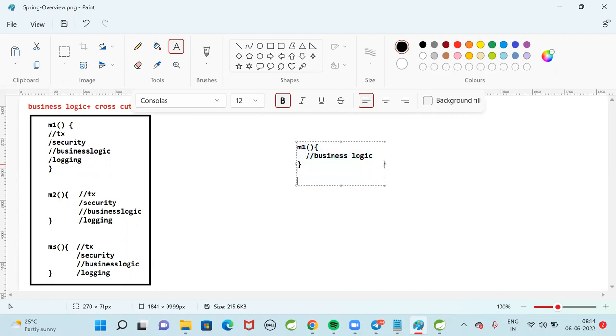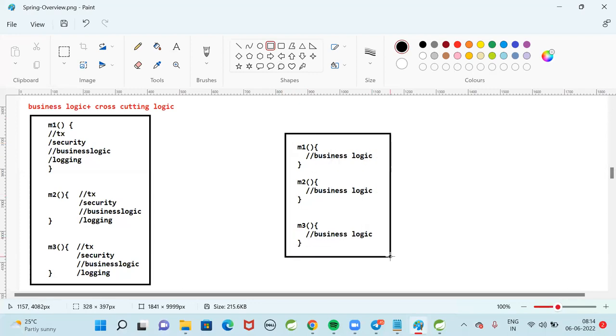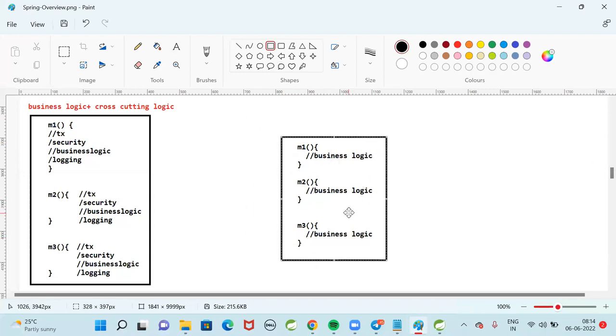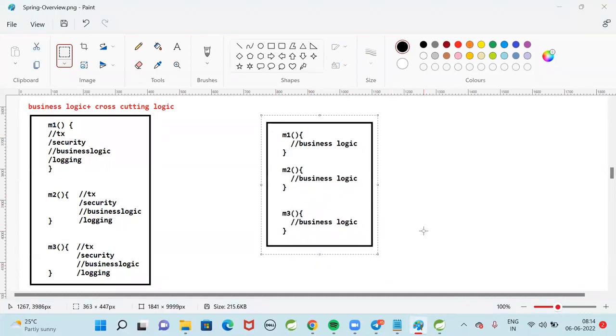M1, M2, M3, these methods will contain only business logic. I will not write the cross-cutting logic, which is nothing but repeated logic.